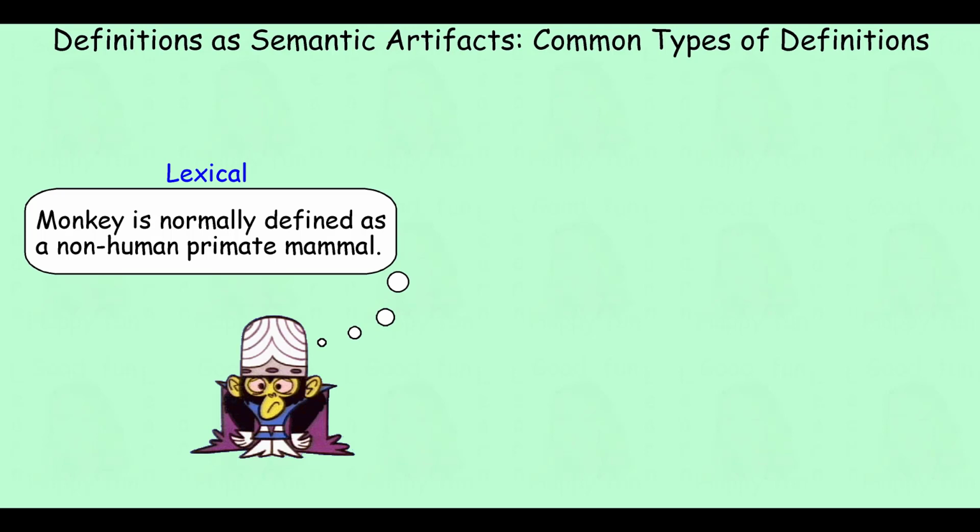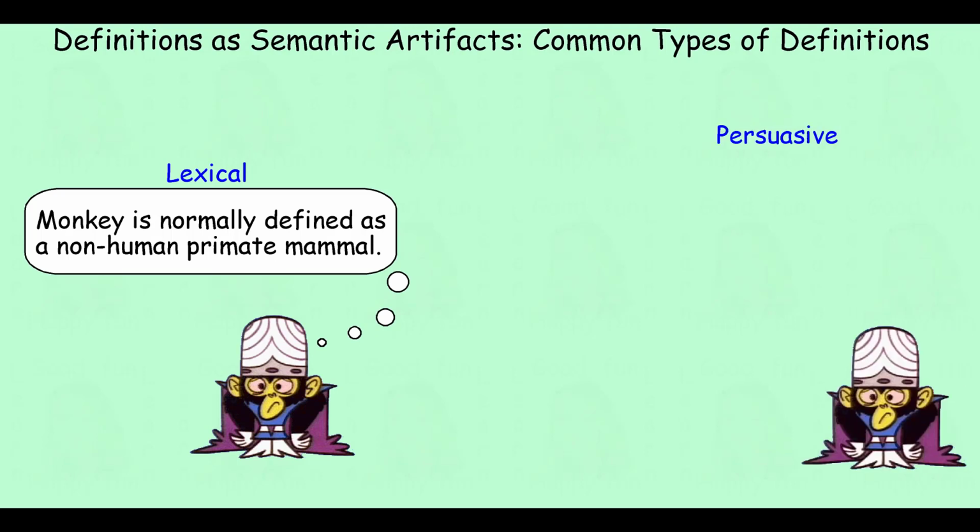Now, lexical definitions don't just exist within a single community. Sometimes there are sub-communities, there are specialty communities, and lexical definitions can cater to the special meanings of those terms. For instance, there's the Urban Dictionary, there's a hip-hop dictionary, there's all sorts of specialty dictionaries that give you the meaning of terms in a specialized context.